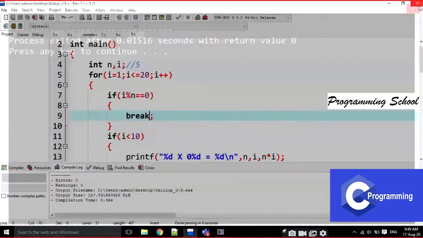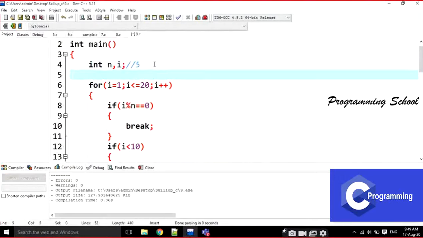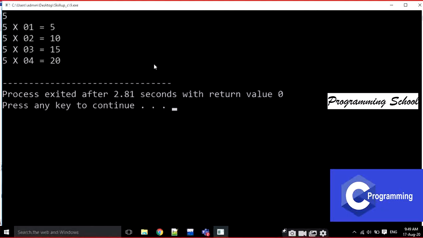Just wait. Here I am writing the scanf functionality. If I give 5 here, look here, up to 5 4s are 20. After that, the i value becomes 5 and it goes out of the loop.